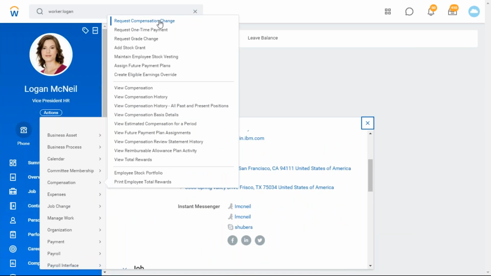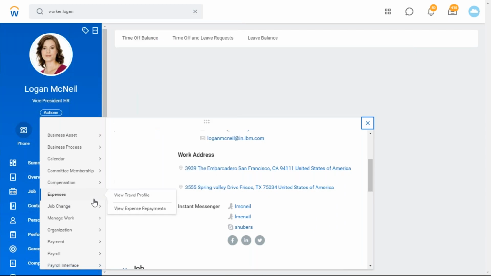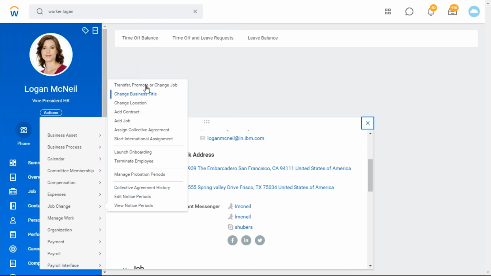You can change the employees, give one-time payments like joining bonus, referral bonus. If you have the HR access, you can do job change. You can transfer or promote the employee. Since this is GMS, we can see everything. But in real time, based on the access, if you're HR only, you can see this one, job change, in production. You can promote the employee, change the employee, transfer the employee. You can terminate the employee. You can change the employee's location.